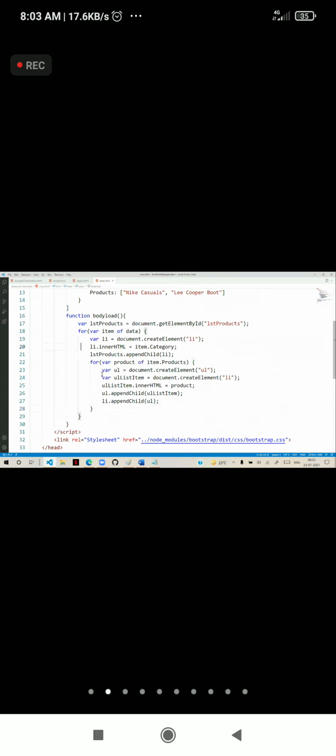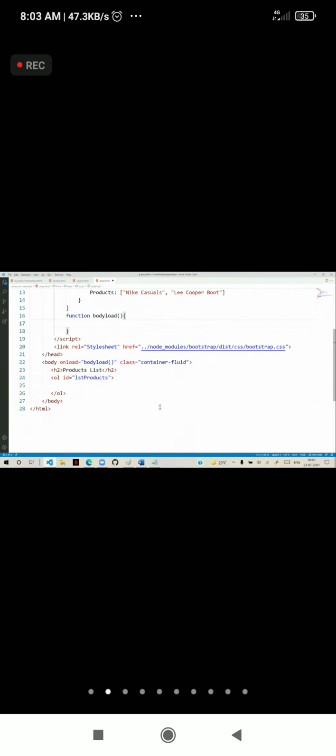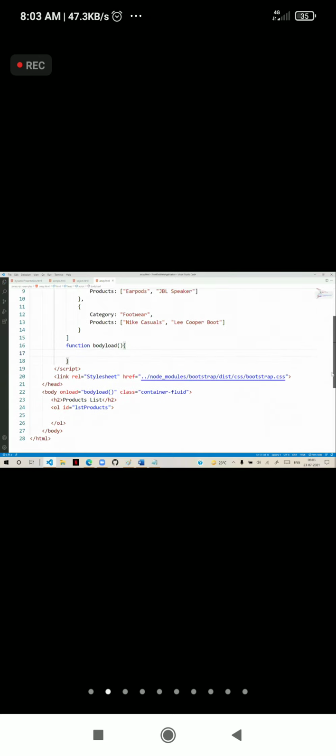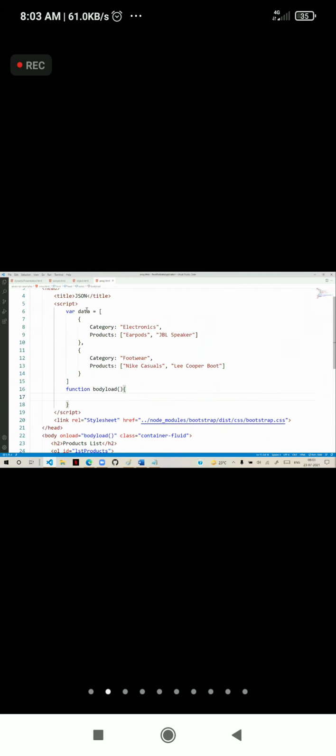One more time, I will show it in another way. This is one option. Let's see, one more time I'm showing you. Observe. First, you need to understand what data we have. So data is an array. In that, two products are there. There can be any number. Every object contains two properties. One is a string property, another one is again an array property. That means inside this array, there is another array.